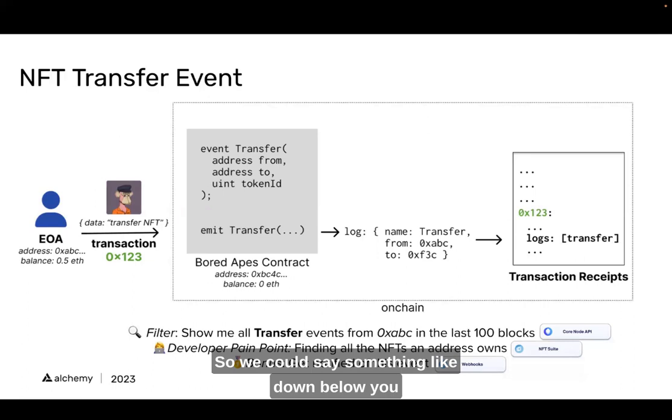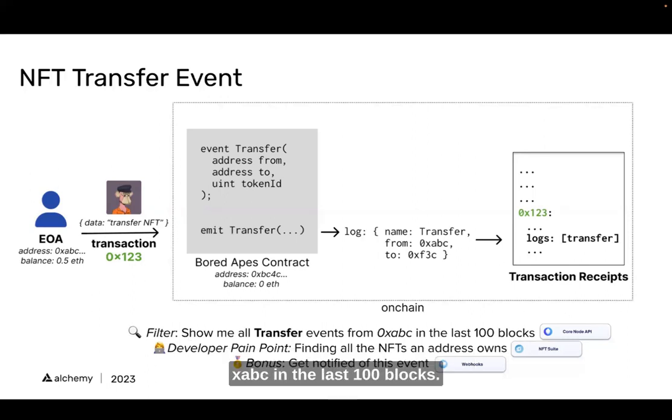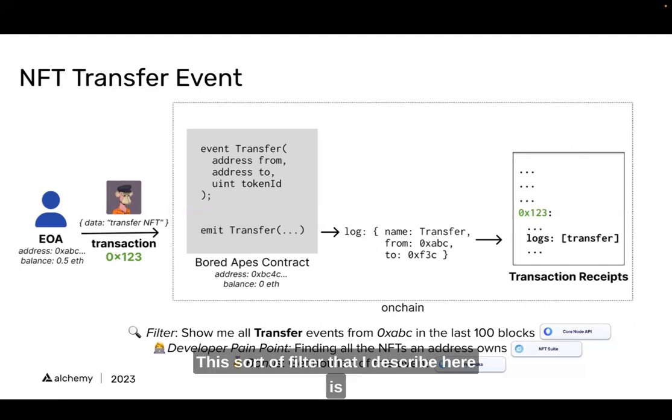So we could say something like, down below, you can see I have here, show me all the transfer events that have happened from the address 0xabc in the last 100 blocks. This sort of filter that I described is actually part of the core node API. However, there are some